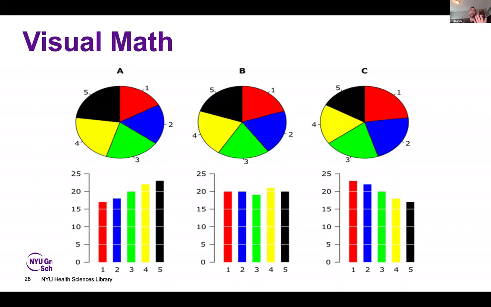That's because for many people, it can be very challenging to quickly estimate with your eye the relative arc length and area of a circle. Conversely, it's very easy to quickly identify how one dimension, the one dimension of length, compares to one another. So it can often be easier to cut down on the visual math that has to be done, which is this idea of figuring out what is the largest wedge versus quickly saying what is the longest item. That said, there's definitely cases, especially if we've got 2 to 3 comparisons and the main idea is to show what is the proportion of the whole.